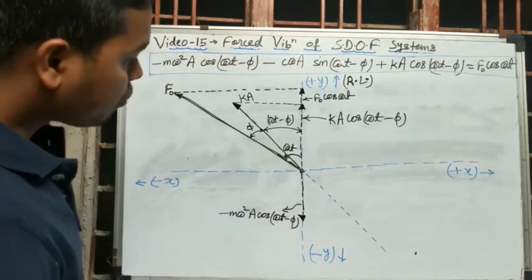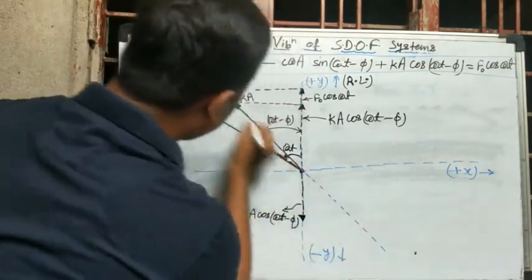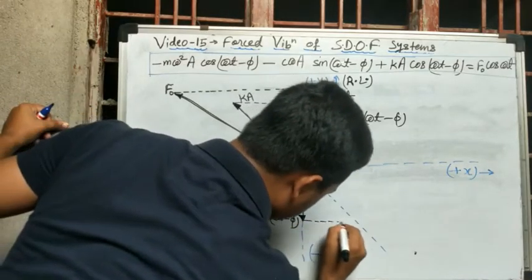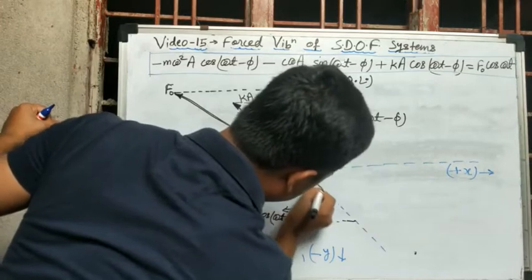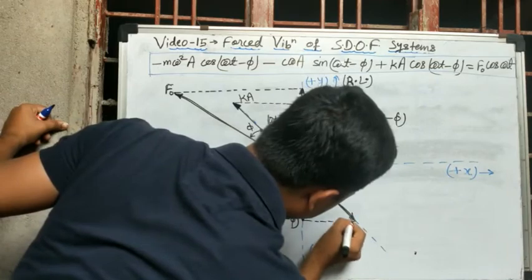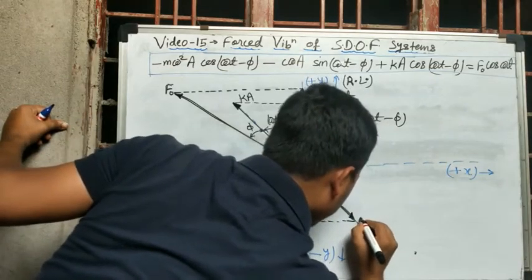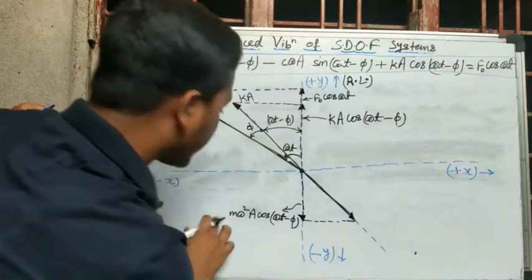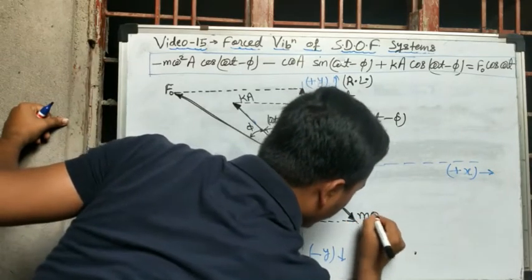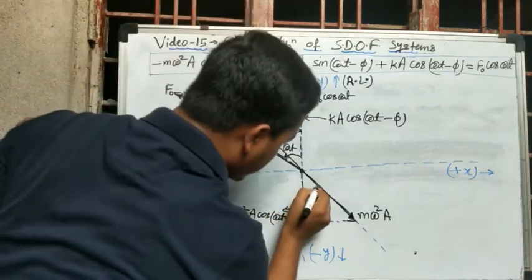Right? Now suppose if I am going to have a force something like this, on this straight line only, on the line of action of Ka only, if I am going to have certain force from here till here, suppose I am going to have a force, I should not write minus because already it is in negative y direction. So I will simply make the force m omega square a here. Now how much is this angle? This angle?